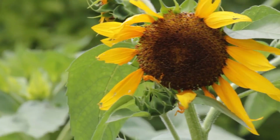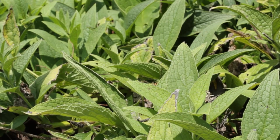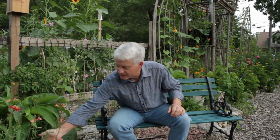Now, if we look at something like the comfrey, it's kind of a nondescript plant, but it has a number of uses. It's got antiseptic qualities, so the sap in it helps with healing wounds and whatnot. But more importantly for our garden, I suppose as a gardener you can make use of it for that. But in terms of the soil, it has very deep tap roots and it mines minerals that are important to plant growth, like potassium. So instead of going to all the trouble of hauling plants and materials to make big compost piles and stuff, what we're using in this garden is very simply letting the plants do the work for us. So this plant, from time to time, we tear the leaves off and toss it on the soil surface,